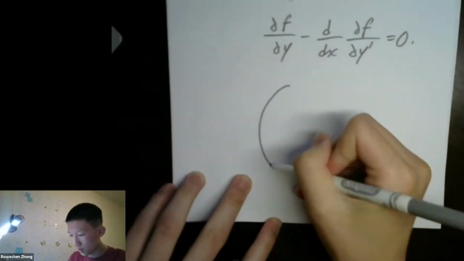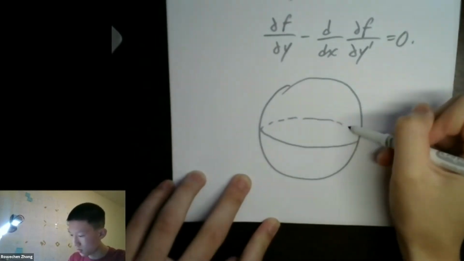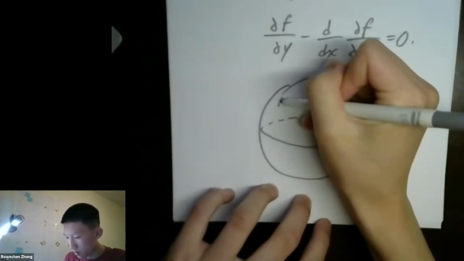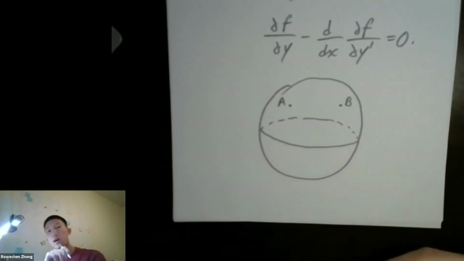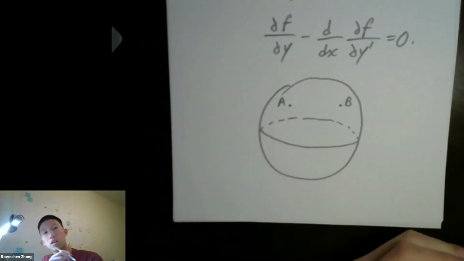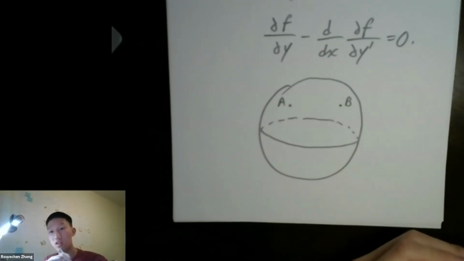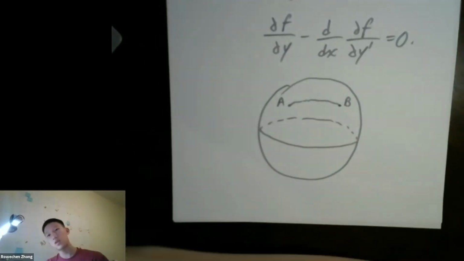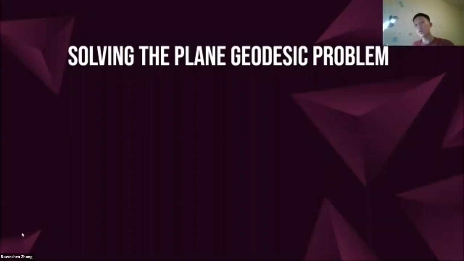If you had something like a sphere, right? Pretend we had a sphere. This is what a sphere looks like, and I'm trying to find the shortest path from A to B on the sphere. Have you ever been on a plane ride and watched the maps? Like on a really long international flight that lasts overnight, you might have a little screen in front of you that shows the path your plane's taking. It's pretty cool. It's not going to be a straight line. It's going to be curved. Why? Because the surface of the sphere is curved. So that's what a geodesic is.